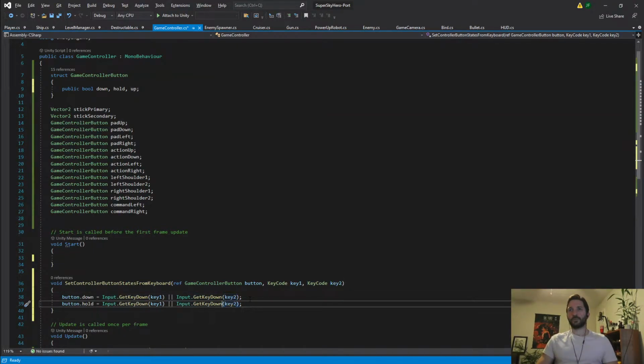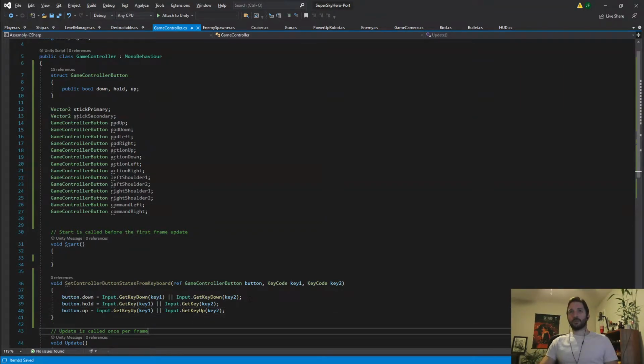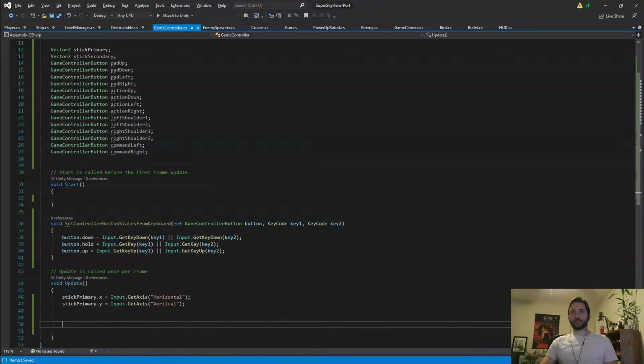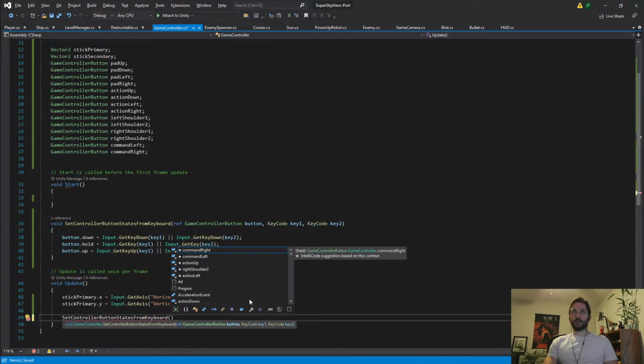So get key down, it's just get key. And then finally up is get key up. And then I don't have to clear them either, I think. So then set controller button keyboard,